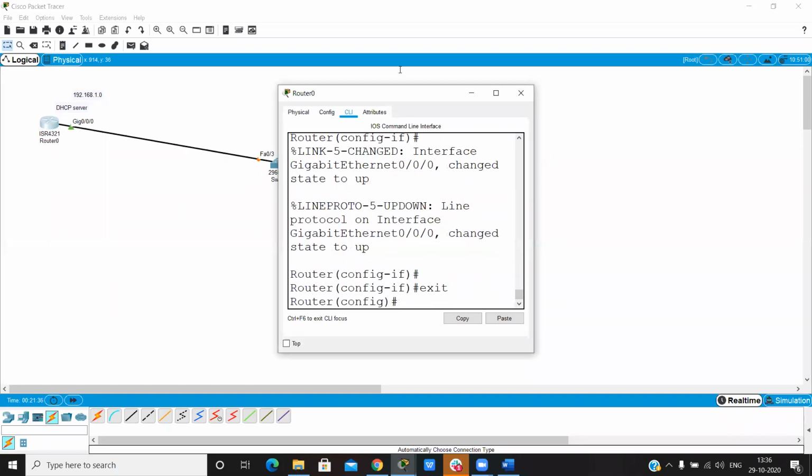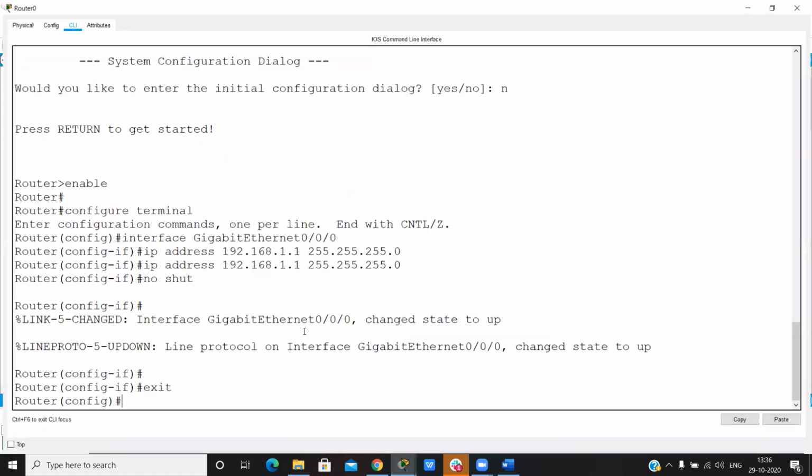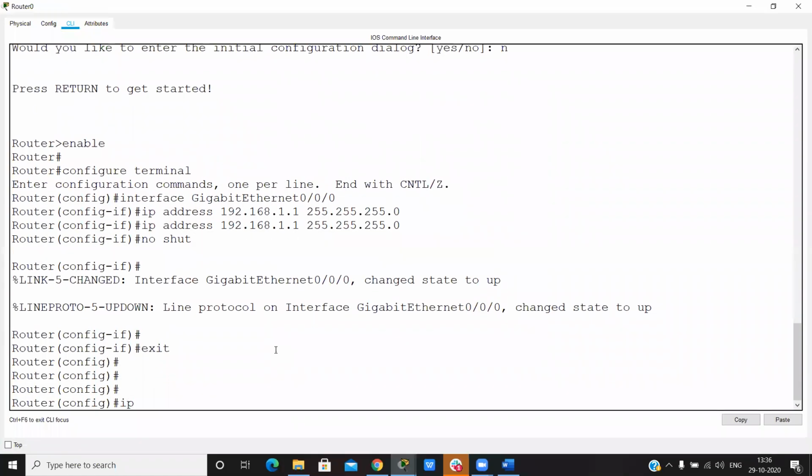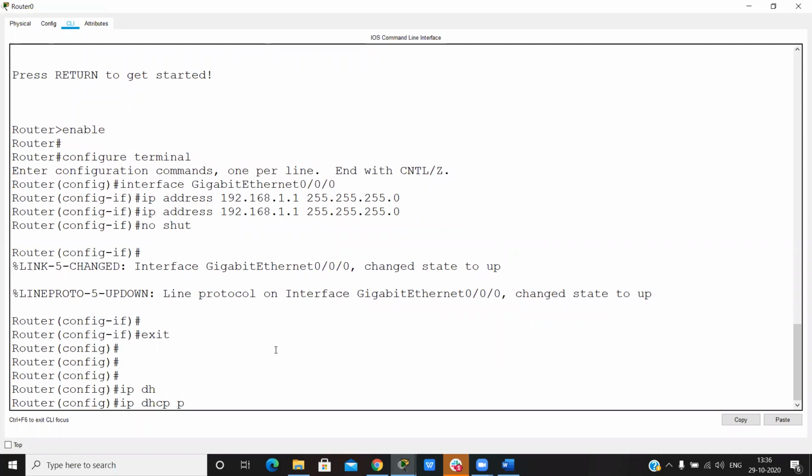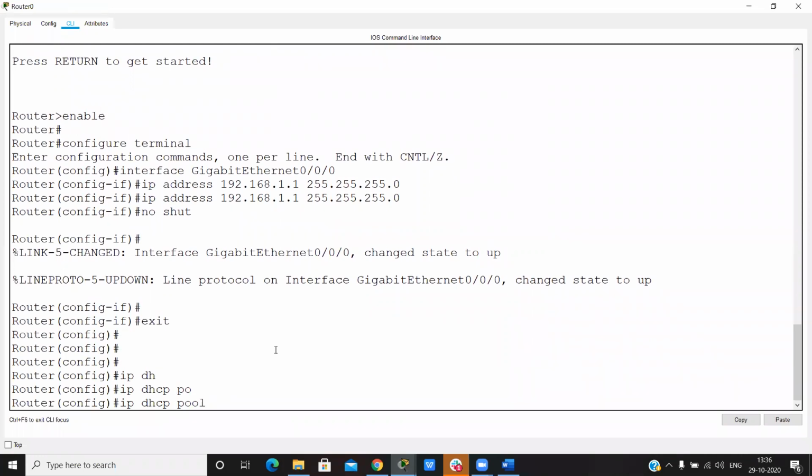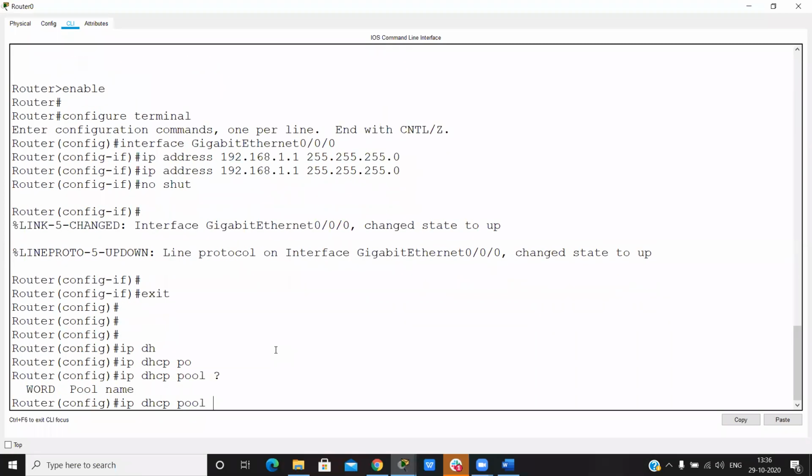Now we make this router a DHCP server. So firstly, ip dhcp pool, followed by the pool name. Here we can give any name for this pool. Suppose I give it a name like issue.